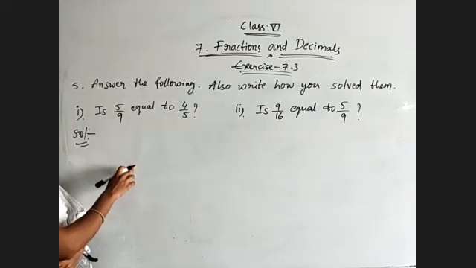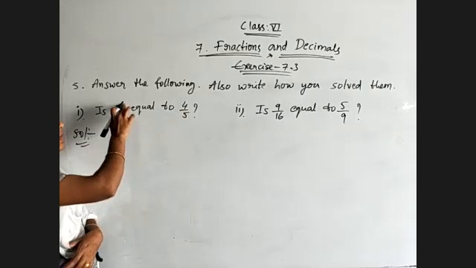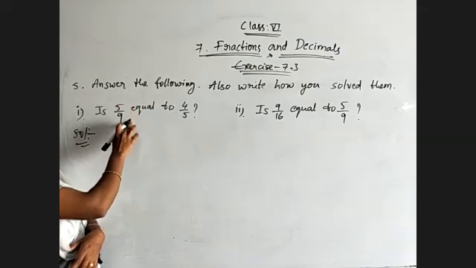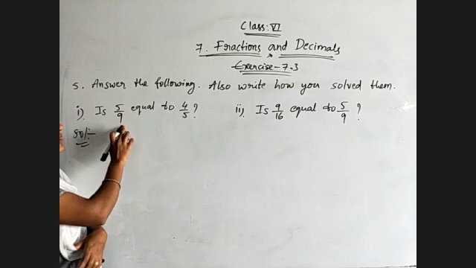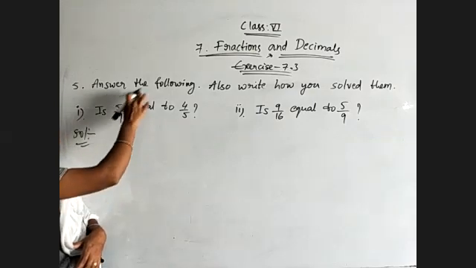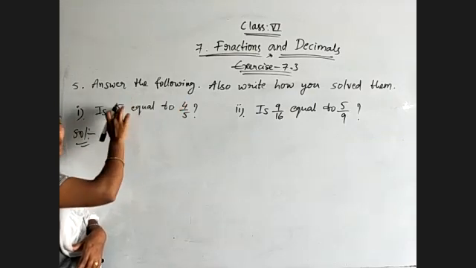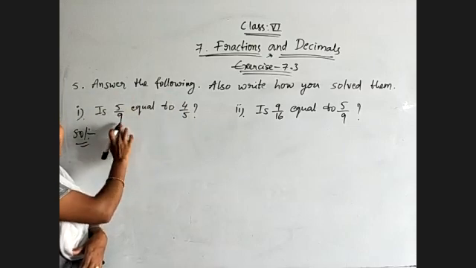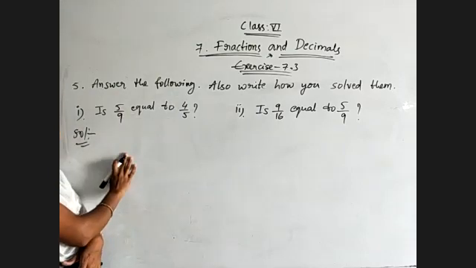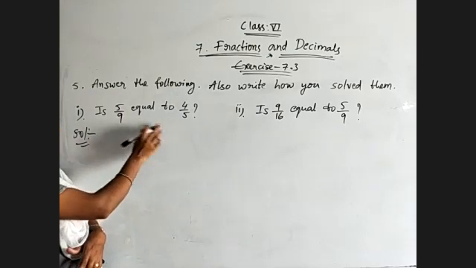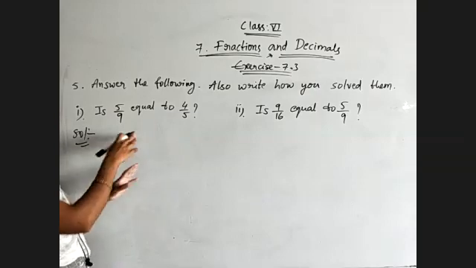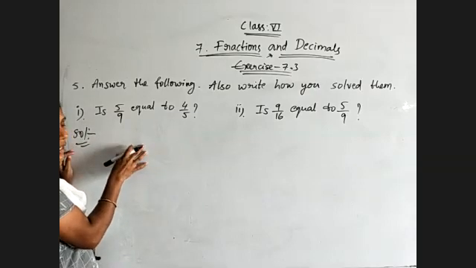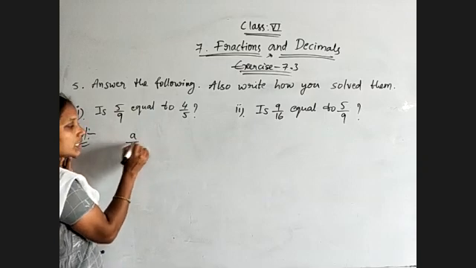See, we say both are equivalent if we multiply the numerator and denominator by the same number, otherwise divide the numerator and denominator by the same number. So just observe here, in the 5 table you will not get 4, otherwise in the 4 table you will not get 5, because both are consecutive numbers. Same with 9 and 5, we are not getting equivalent denominators either, which means 5 by 9 is not equal to 4 by 5.